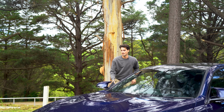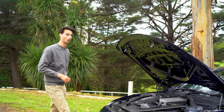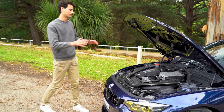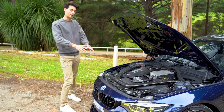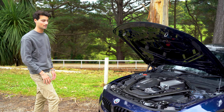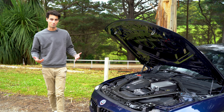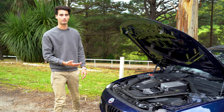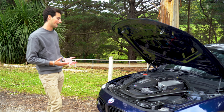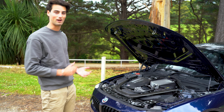If we pop the bonnet real quick, let's have a look at this 3-litre inline 6 and talk a little bit about the performance. So obviously this is not a stock engine. We have upgraded spark plugs, an upgraded heat exchanger on the front, intakes, and of course we have downpipes on the car. All of these things combined help this car to now make 620 horsepower and close to 900 Newton meters of torque, which for a rear-wheel drive car is a little bit bonkers, and with these greasy roads we'll see how well we get traction with this. All right,